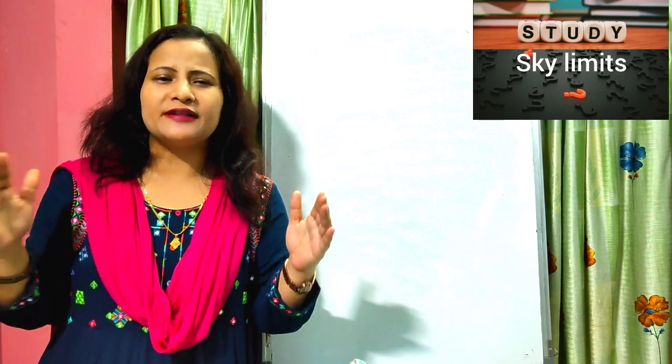Clear? So I hope, dear students, you must be able to understand whatever we discussed in part 1 and part 2. Once again, to remind you, in part 1 we introduced ourselves to integers and the various rules for addition. I gave you 3 rules. Do remember that they are the golden rules. And then we read about the sign rule, which is very, very important for solving any problem on integers. And in the second video, we have practiced various sums on subtraction, multiplication and division.